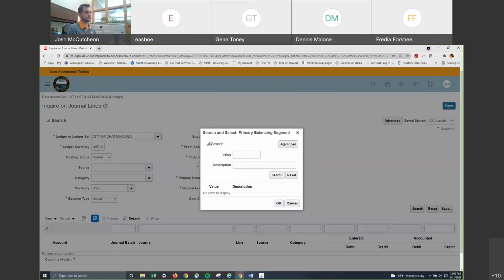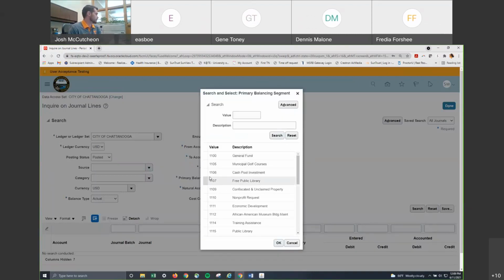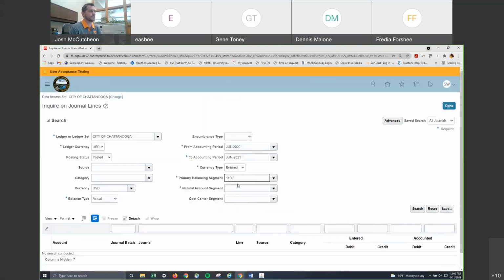This is going to bring up a search function. You can search it wide open. And we're going to just look at 1100 today. And then here's where you put in your account. Now it says natural account segment. This is just the same as an account in eBiz